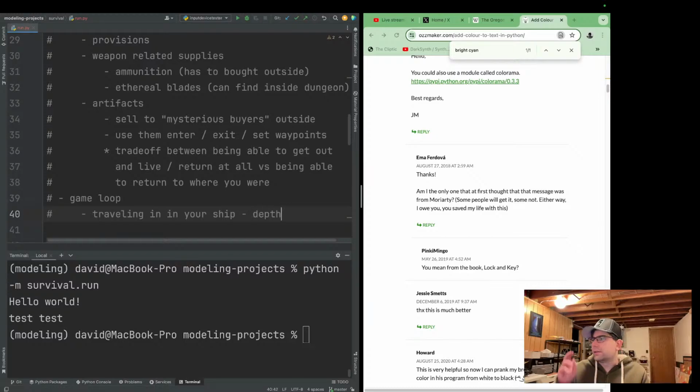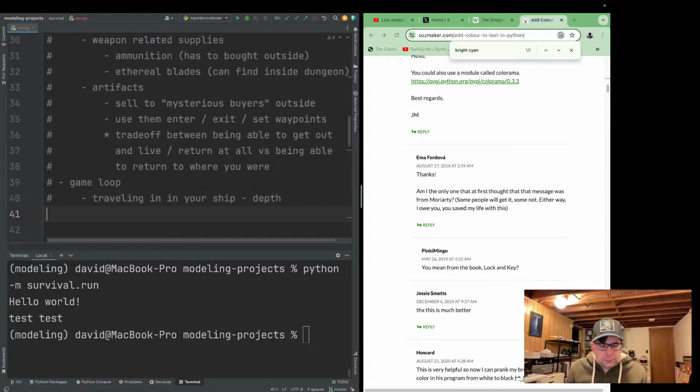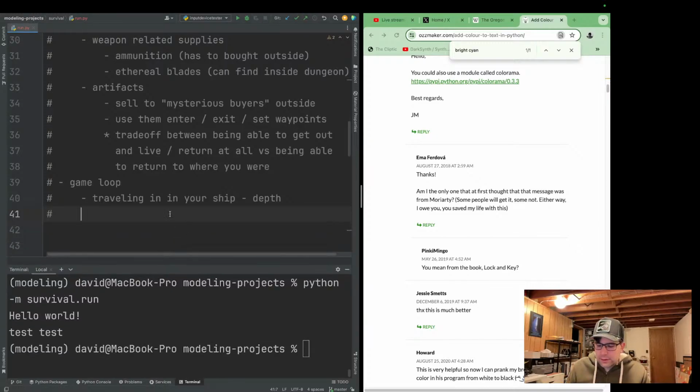It's going to track the depth in kilometers or something, so each cycle would be like 1 kilometer. And then you could optionally exit your ship.